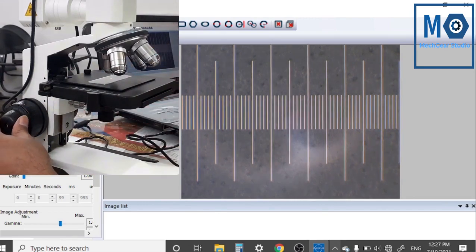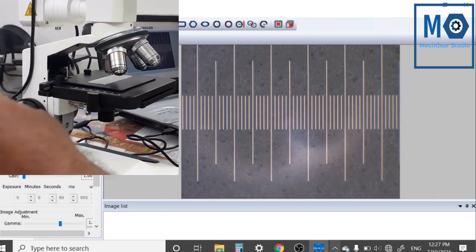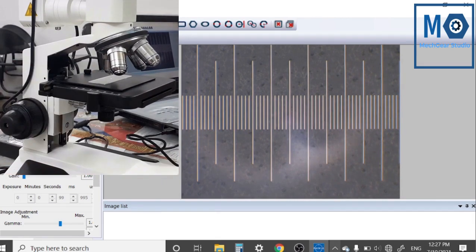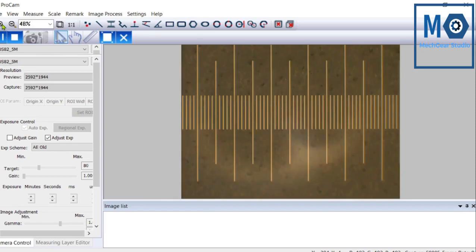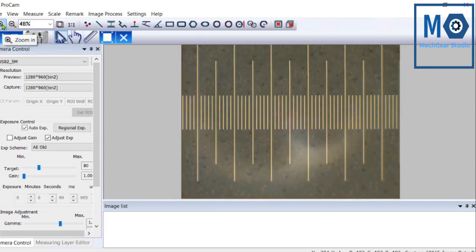So now we will use fine tuning knob for exact resolution. Some blurring is also possible if it is not exactly adjusted on the focal position. Now it is clear resolution, and we have stopped this image capturing.